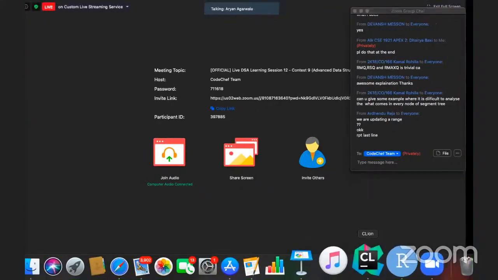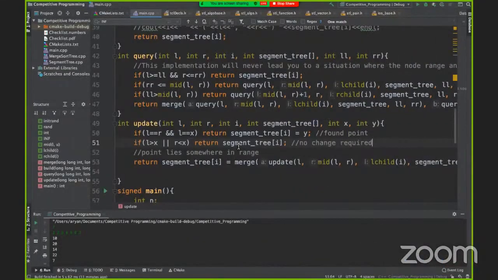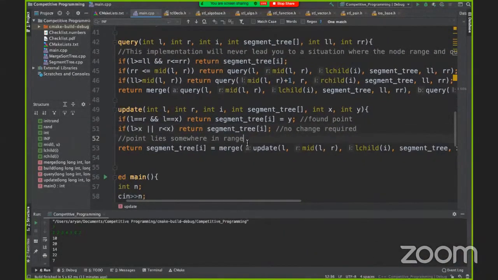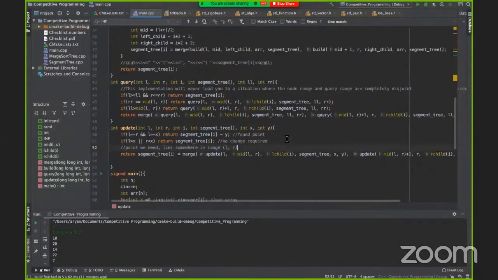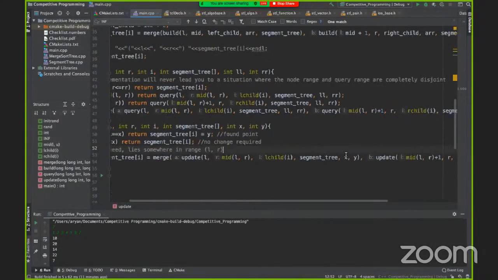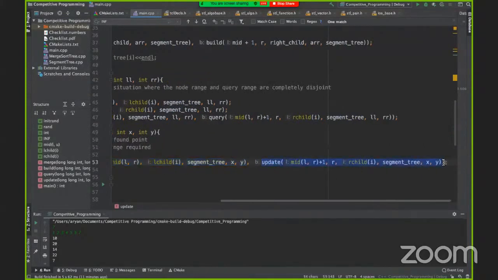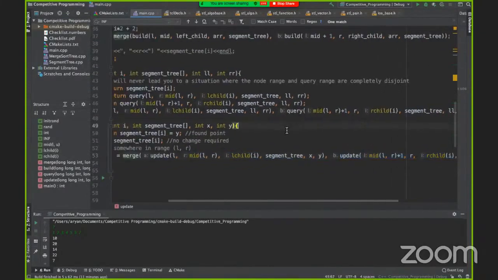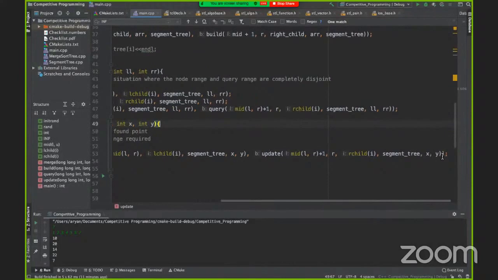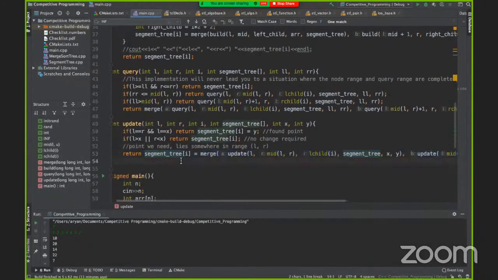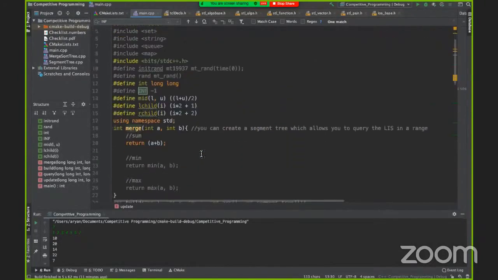Repeat the last line. Okay. In the last line, this is the situation where the point we need to update lies somewhere in the range of L to R, but we don't know where. So in this case, we're updating the left child and the right child, and then we're merging both using the merge function that we created earlier.